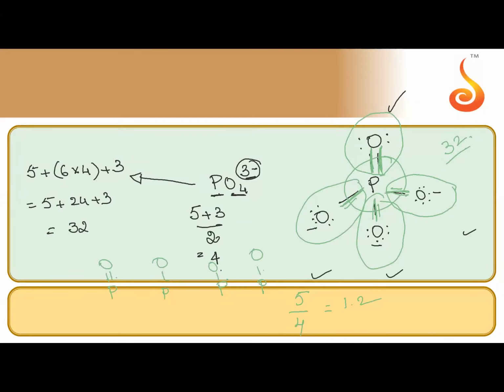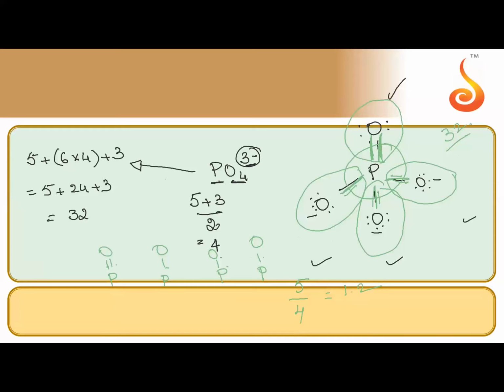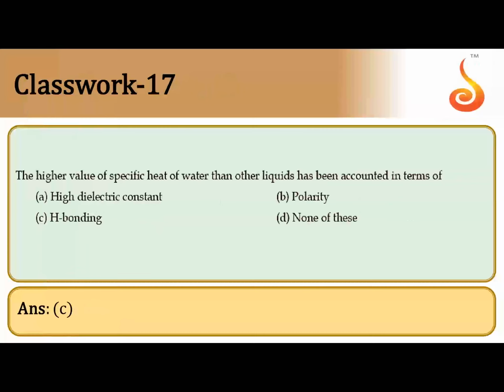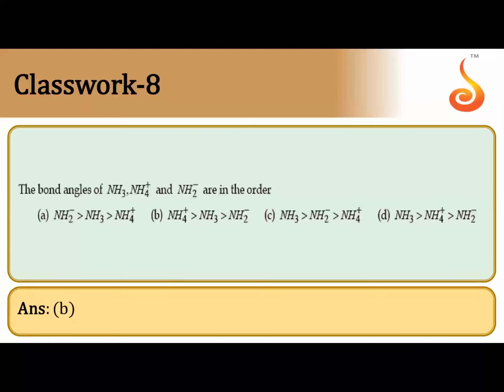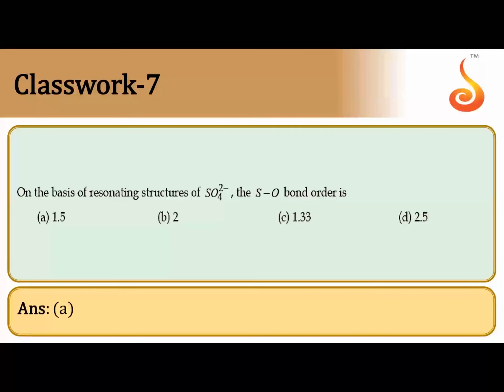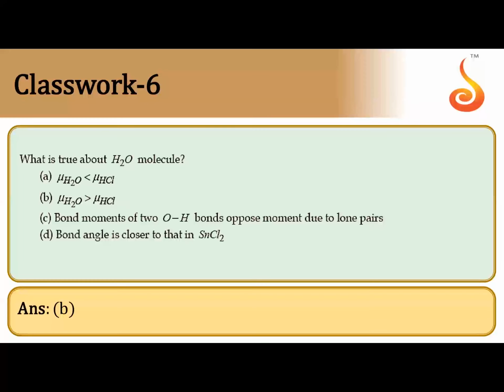Okay, children. So this was about resonance theory. We'll just go ahead and see some more questions here, and then we will go to molecular orbital theory. This is about Lewis theory and resonance, or octet theory, as we can call it. I think we were on this much, and we did this. Question 6.